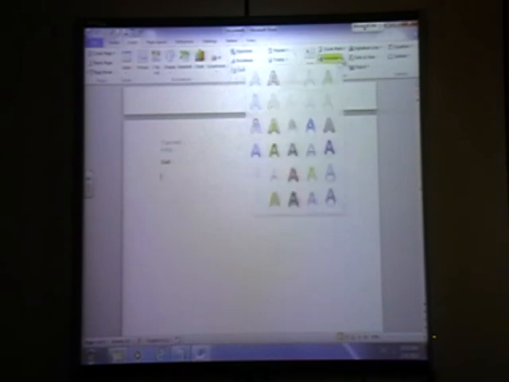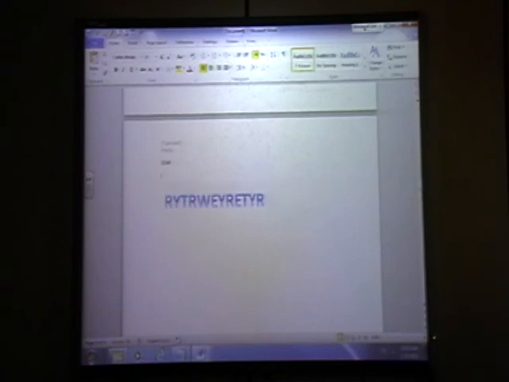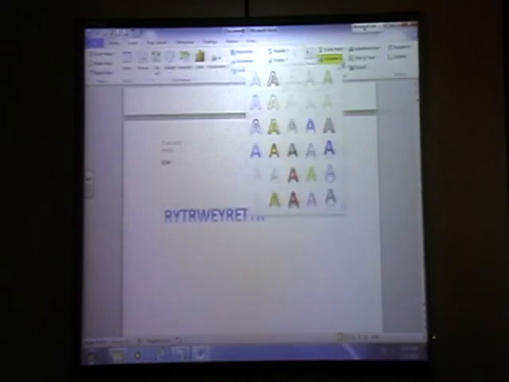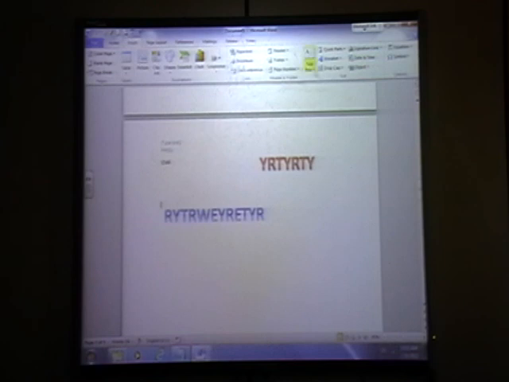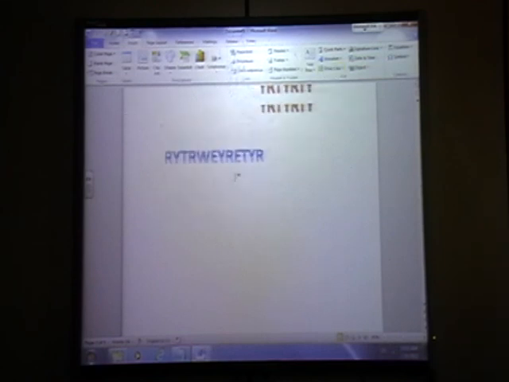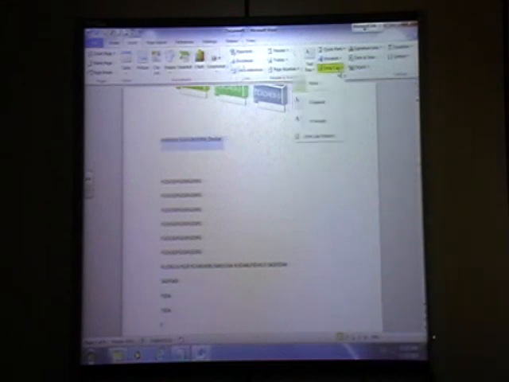Next is word art. About this you know. If you want to write something in style, you can write this. Insert and word art. Choose any and you can write. Next topic is drop cap. If you have written something like this, keyboard is a device, and you want the first letter to be big, click here, drop cap.